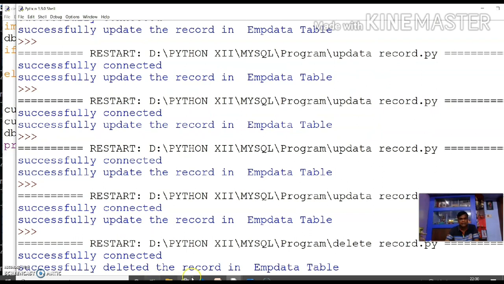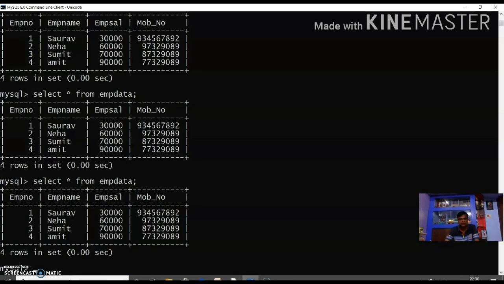Successfully connected and the record is deleted. You see in the SQL table, suppose select, that the record with less than 60,000 rupees is deleted.